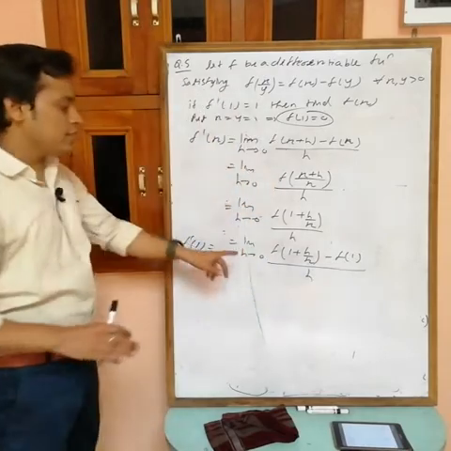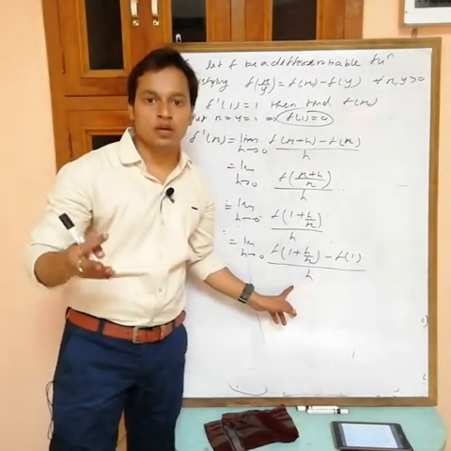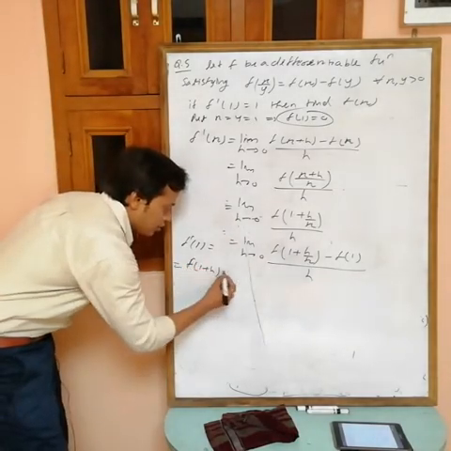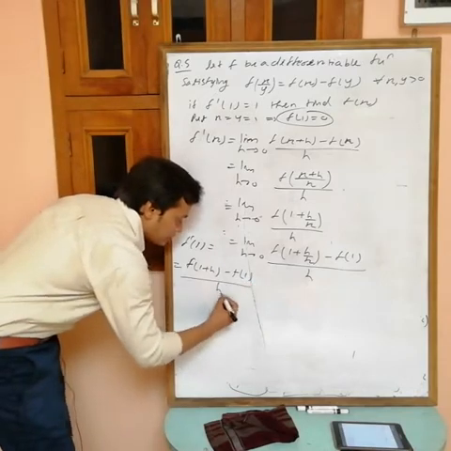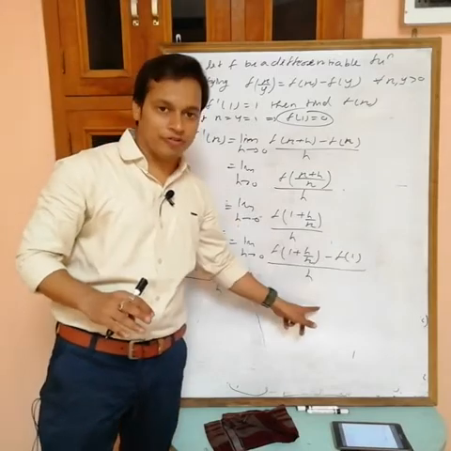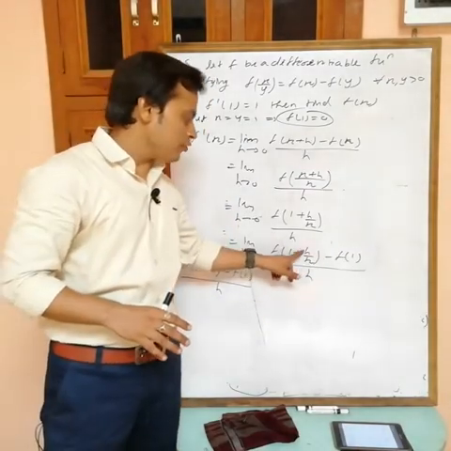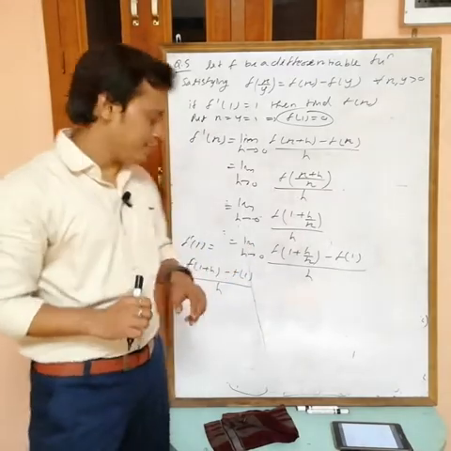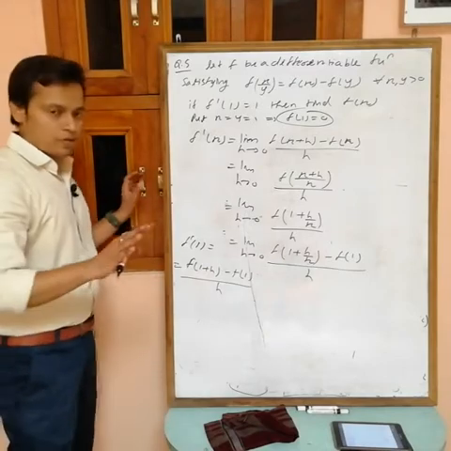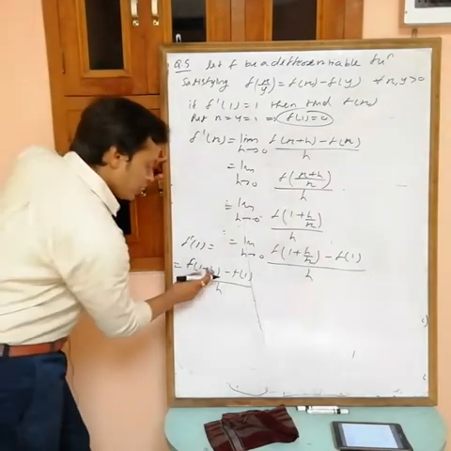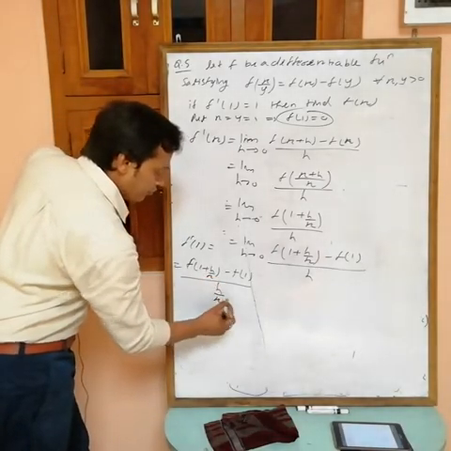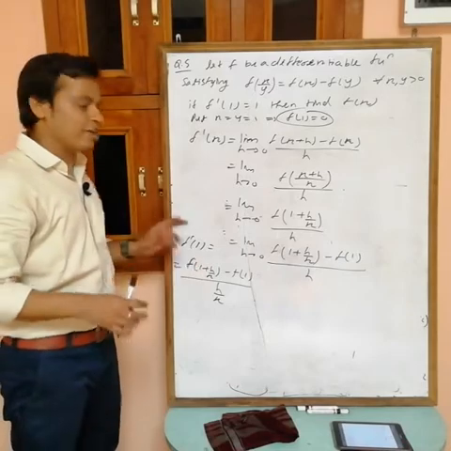Now see, can you write this one as f'(1)? No, f'(1) is equal to f(1 + h) minus f(1) by h. This is the formula of f'(1). These are okay, but in place of h, what do we have? We have h/x. Then there is a problem. Now see, we can solve this one. If there is h, then here we want h. If there is h/x, then also here we want h/x. Then this can be written as f'(1).